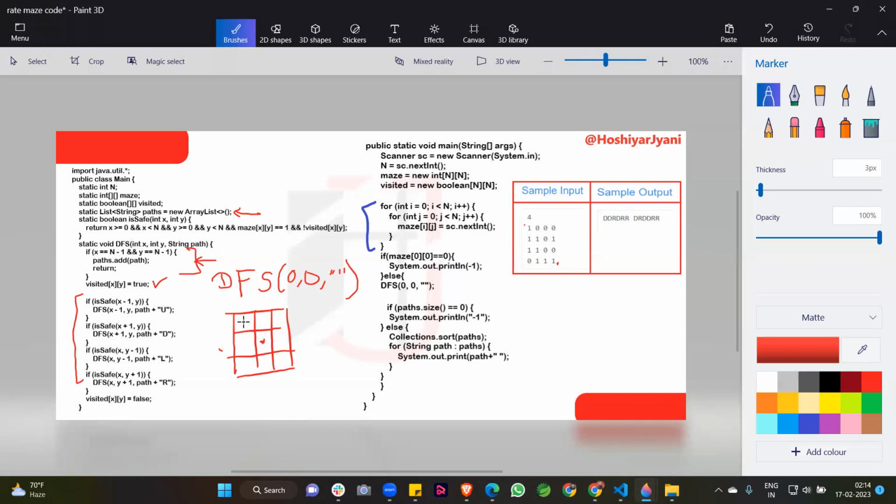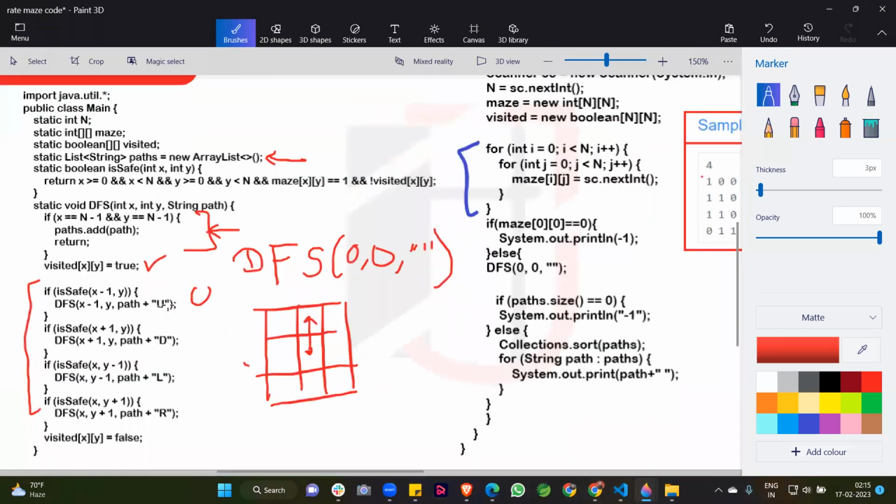Okay, taking the example of this position, which does not satisfy some conditions, I am taking the middle one for better understanding, guys. Here you can see I decrement the row, x minus 1. First is the row and second is the column. I decrement the row, but the y value is the same. So what is the meaning? The column is the same, and the row value decreases. Then I come to this position, so I am going upward. This condition is for the upward.